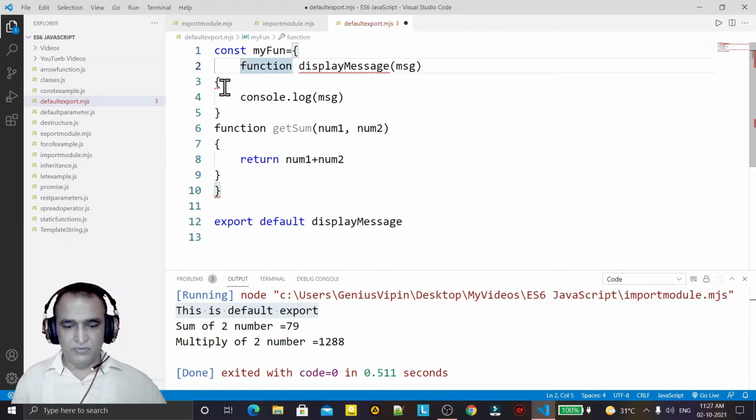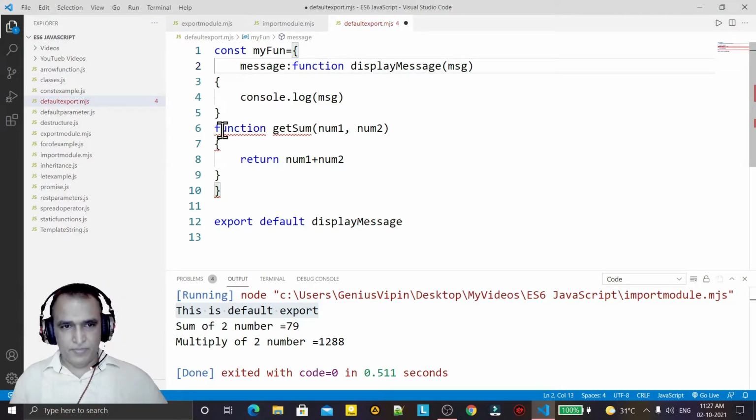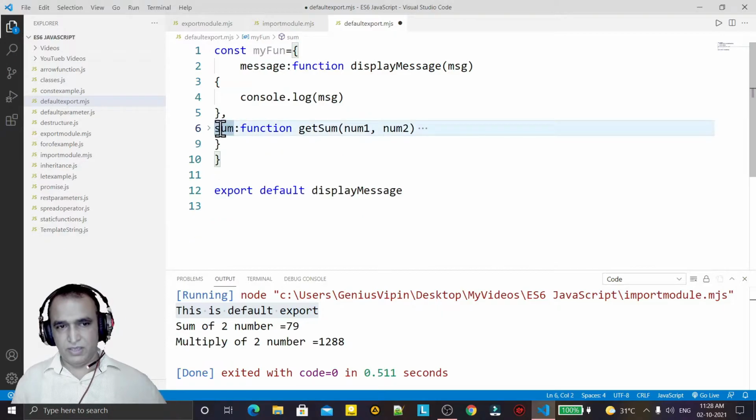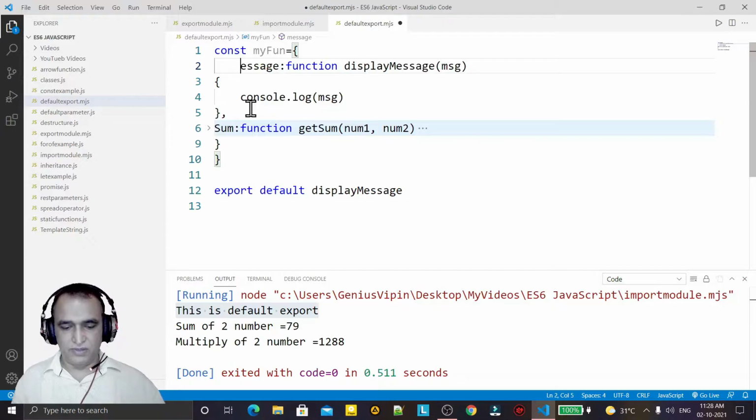Here I give a name like message, and here sum. So we have this object with a message and a sum, and I can give any name, capital letter or small letter, whatever you want.